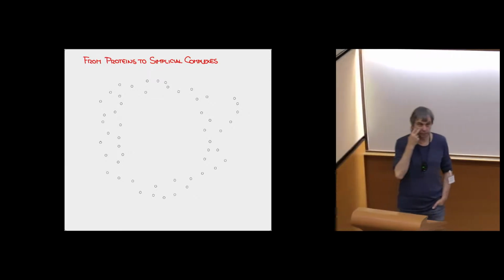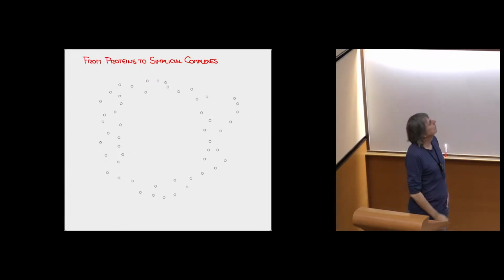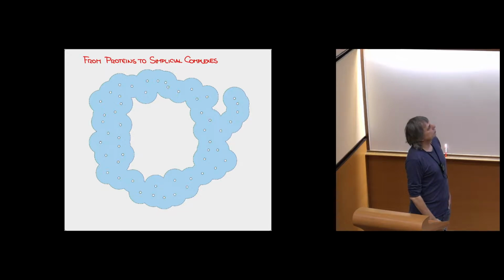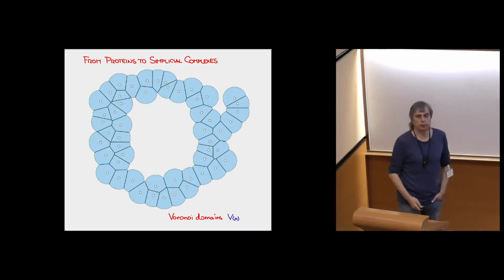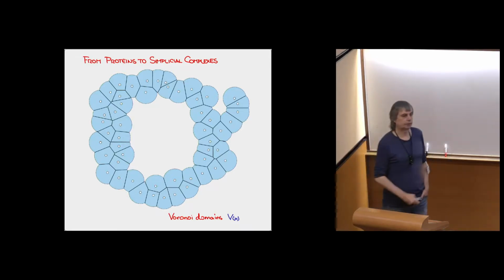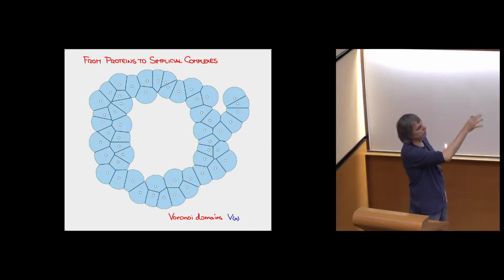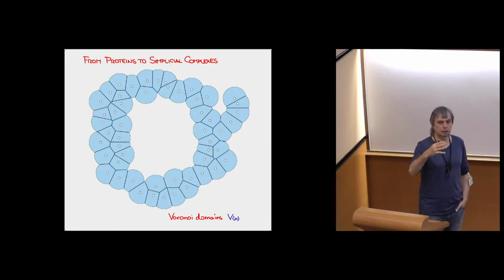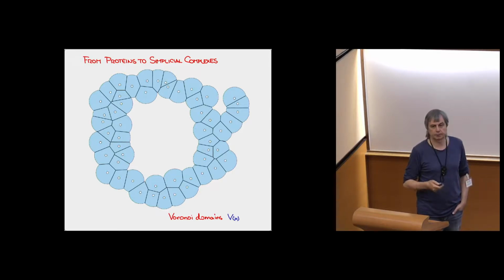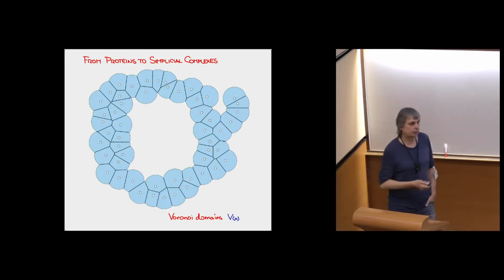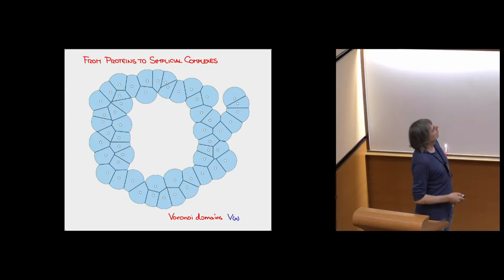Here are my centers or points. Here is my union of balls or disks. Here is my decomposition into Voronoi domains. So each disk is cut by or clipped back to the Voronoi polygon. Everything is convex because a Voronoi polygon is an intersection of half spaces, or half planes in this case. And so I can take the nerve